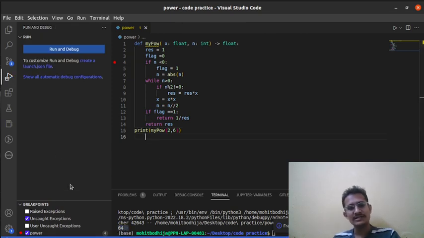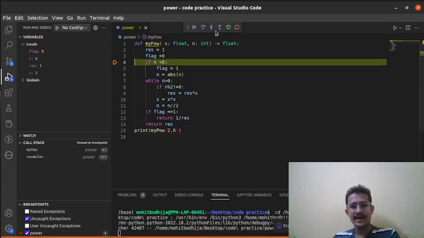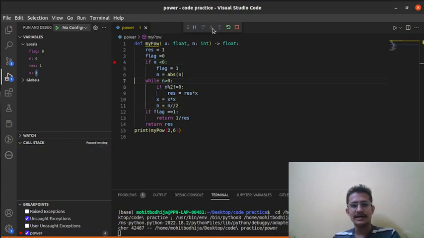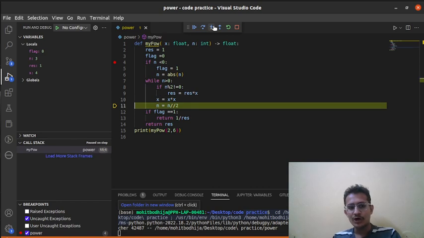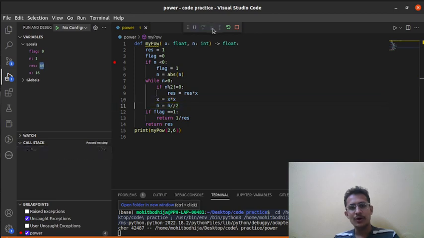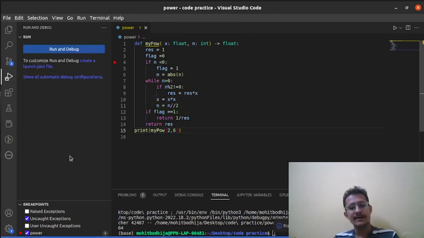As you can see, we were not seeing anything in the bottom because we are not using extra memory. If you look at the call stack, the same function myPower is there, and we are not recursively calling the function. In the call stack we have only one function, that is myPower, and once the execution is completed, we will come out of this function. See, now the call stack has become empty again and we have got our result.